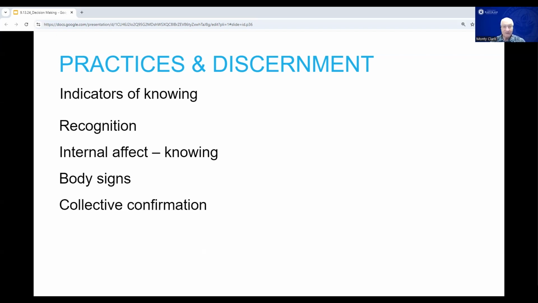We also have collective confirmation. And this is that social aspect I mentioned, the insight that occurs communally when everybody around the table suddenly realizes what the best idea is or what the best way to move forward is. And it's not necessarily because it was the idea that everybody initially voted for, but somehow everybody comes together and now recognizes it as the best answer, right? And that also brings us to